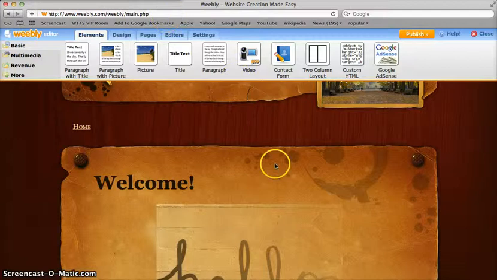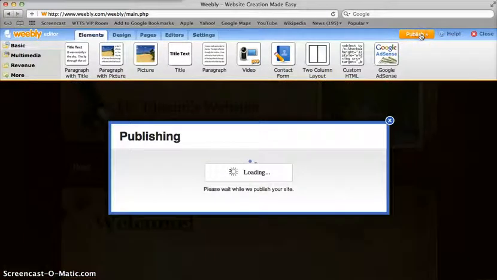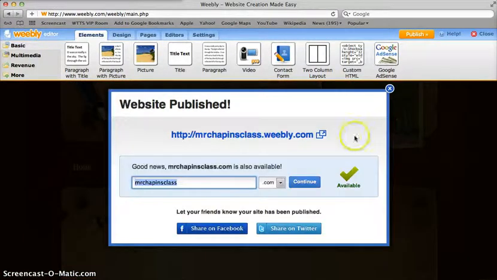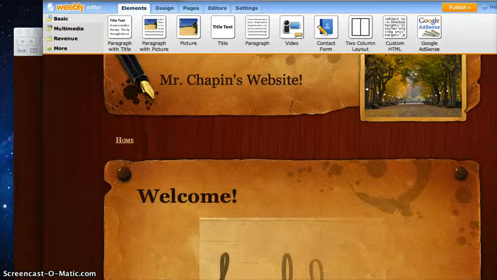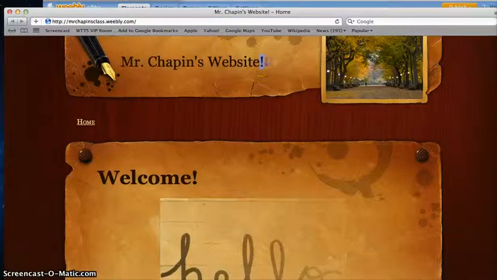and I can make my changes, but after any change I make, I have to make sure I go back up to my published site. So if I want to add an exclamation mark to my title, I have to publish first before any changes come up on my new website. Now, since I already have my website up in a different page, I go back over. It's not there yet. Push refresh, and there's my change. The